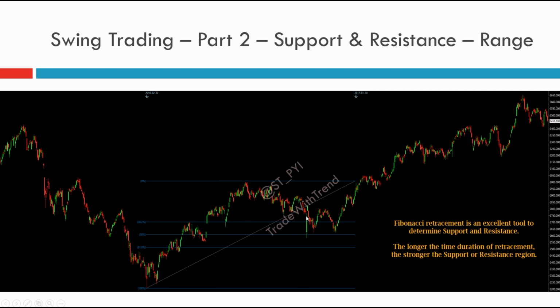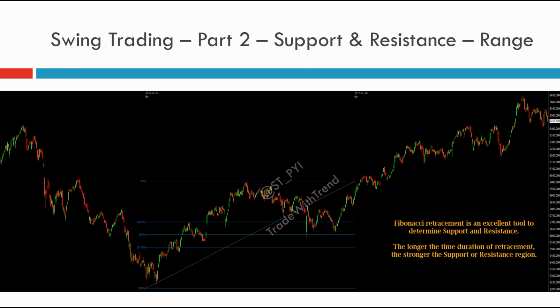I have not marked this particular box as support because it would have cluttered the chart too much. But if you can just imagine a box here, this would have been a valid support level at 50% retracement level. So this is how you combine Fibonacci retracement with the traditional technical analysis method of marking out support and resistance. There are just two minor adjustments we have done.